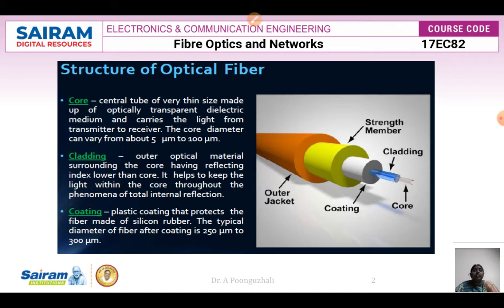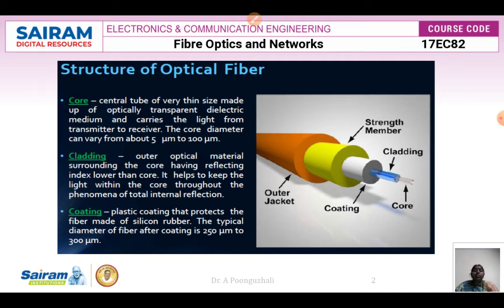Next we are going to see the cladding surface. Cladding is nothing but the outer surface of the core. Compared to the core, your cladding is going to have a lower refractive index. The main purpose of this cladding is that if any light comes from the core, the cladding cover will see that the light doesn't pass through the cladding and is internally guided inside the core. So here the light is going to be trapped inside the core.